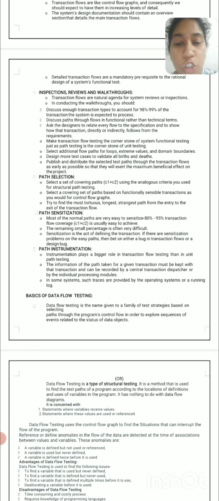Path sensitization. Most of the normal paths are very easy to sensitize, 80 to 95 percent transaction flow coverage. C1 plus C2 is usually easy to achieve. The remaining small percentage is often very difficult. Sensitization is the act of defining the transaction. If there are sensitization problems on the easy paths, then bet on either a bug in the transaction flows or